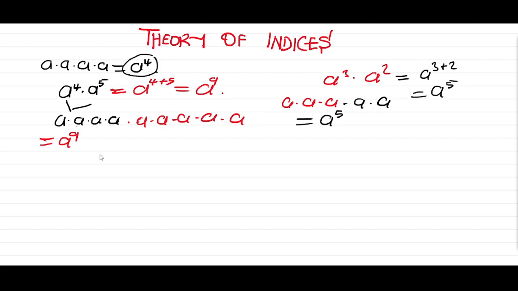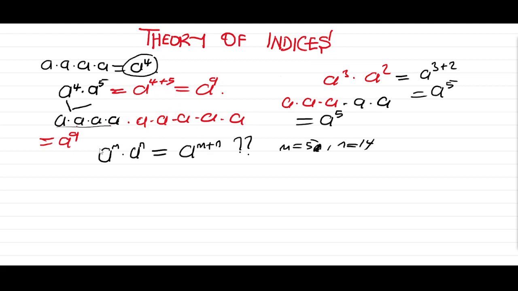In general, if we have a raised to the power of m multiplying a to the power of n, is it true that this whole expression is equal to a to the power of m plus n? That is the question, where m and n are integers, for example m may be 5 and n may be 14. Although this method we've been using is good, whereby we write a to the fourth power as this and a to the fifth power as this,